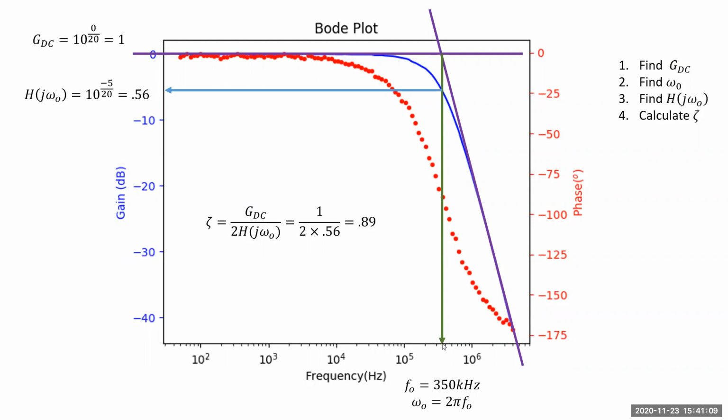So anyway, you find omega naught, right? In this case, it was frequency. F naught was 350 kilohertz, so omega naught was 2 pi times that. So that's one thing you need. The DC gain was 0, so it's 1. And then |H(j omega naught)|, I measured that to be 5. You can't really tell that it was 5 from this graph, but I had the data points and I was able to look it up, right? So at omega naught, the magnitude was 0.56,